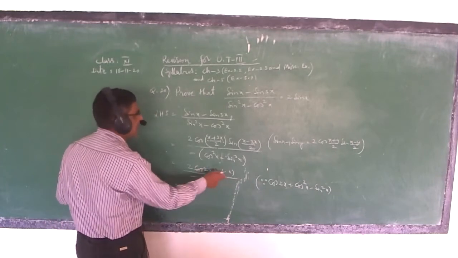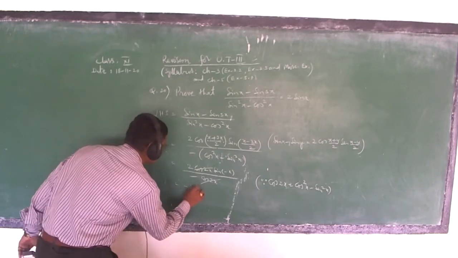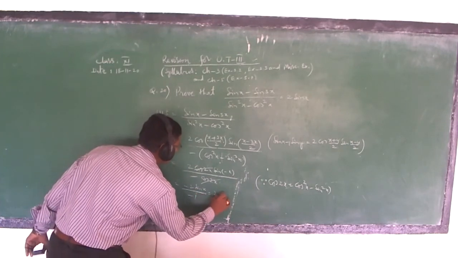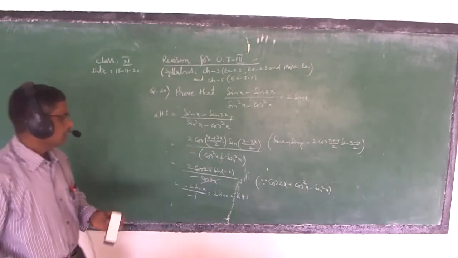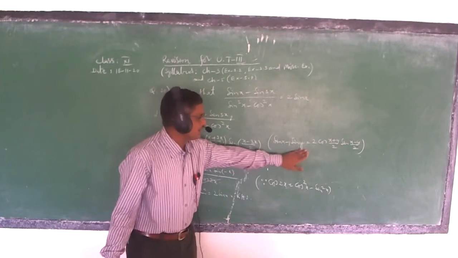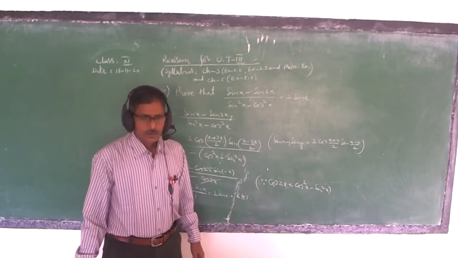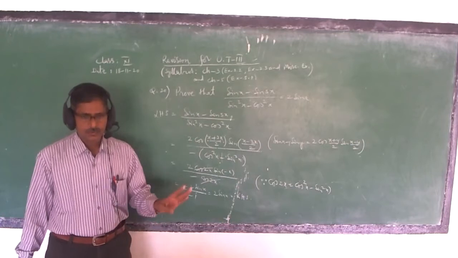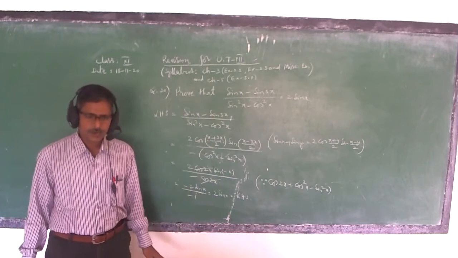And see here, sin of minus theta is minus sin theta. So minus 2 sin x upon minus 1. So minus minus gets cancelled. We get 2 sin x. This is RHS. So this is how we can prove this type of questions. If you don't know these formulae, we cannot write anything. We cannot do anything. So for answering these questions, you have to know the formulae very well, undoubtedly.